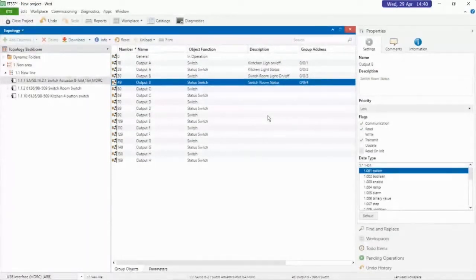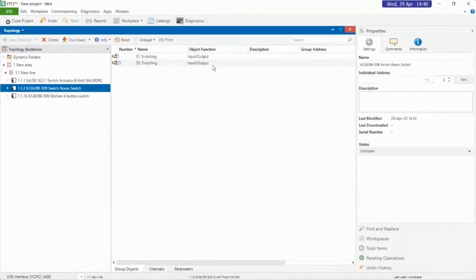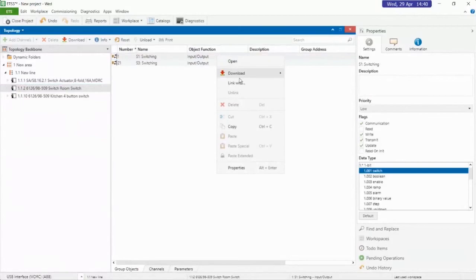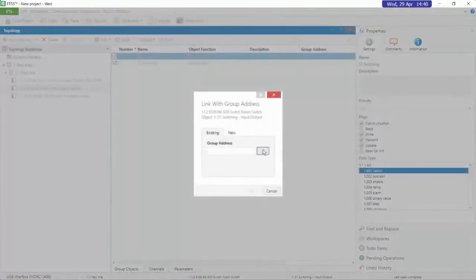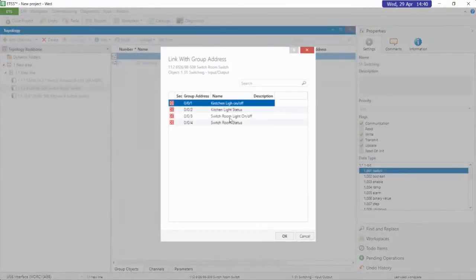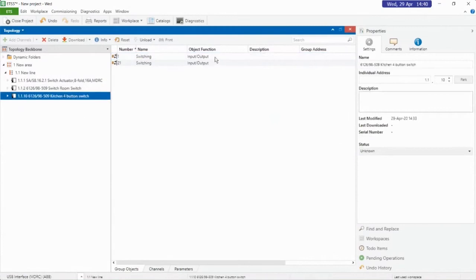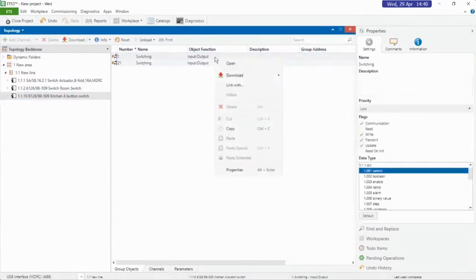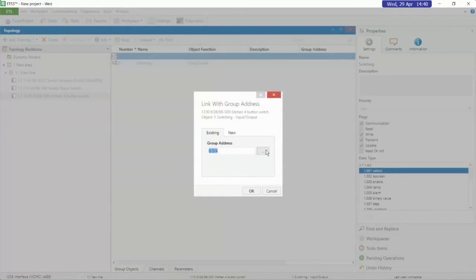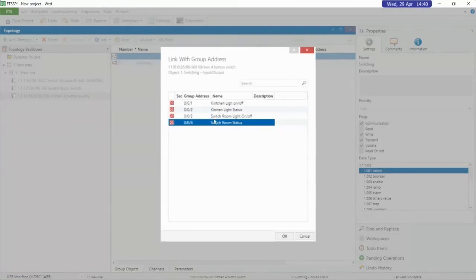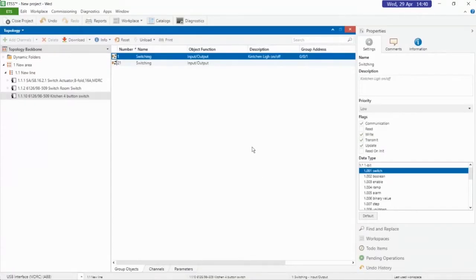We also have to connect it at the switch side. So if I look at the switch room switch, I can say on this channel, we're linking with the switch room light on off. I can say on this one, the kitchen light, we can connect the kitchen light on off. So now, when I take that information and download to the devices,